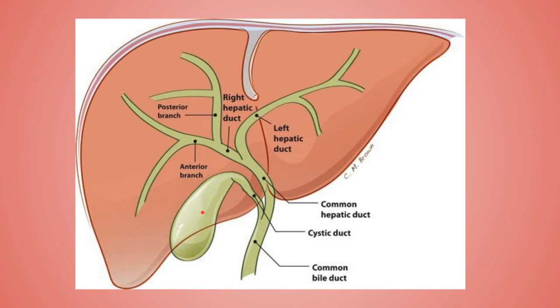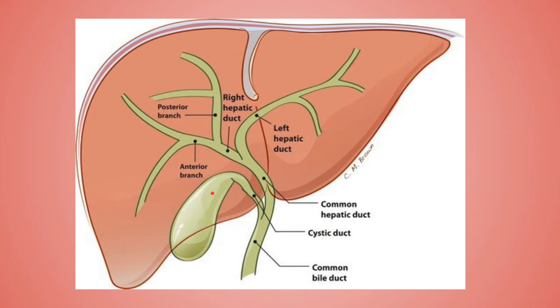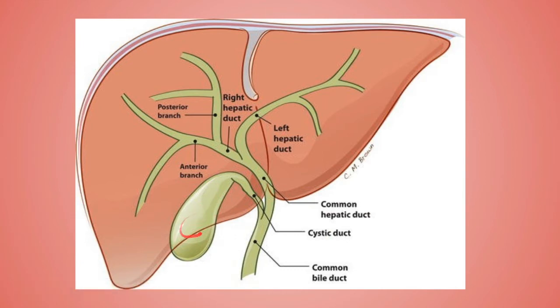If you remember, I told you the fundus is fully covered by the peritoneum. But remember, the upper or superior part of the body is devoid of peritoneum and is adherent directly to the liver. The inferior surface of the body is covered by the peritoneum and is related to the beginning of the transverse colon and to the first and second parts of the duodenum. So remember, the fundus was in relation with the transverse colon and the anterior abdominal wall, while the inferior part of the body of the gallbladder is in relation with the transverse colon and the first and second parts of the duodenum.